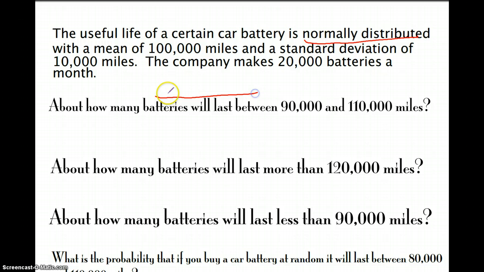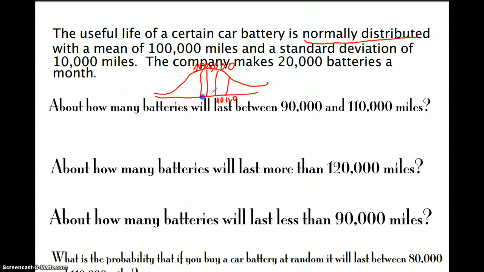So draw your graph. Here is your mean. Your mean was 100,000. Okay, so obviously you probably want to take a little bit more space to write this. Mean of 100,000, and then it says standard deviation is 10,000. So this would be 110,000, obviously